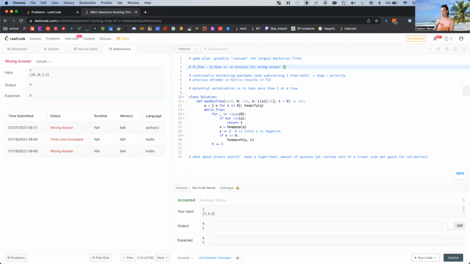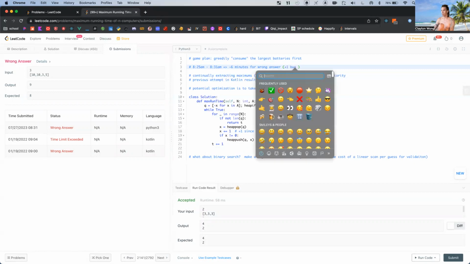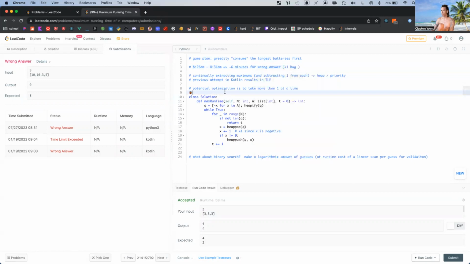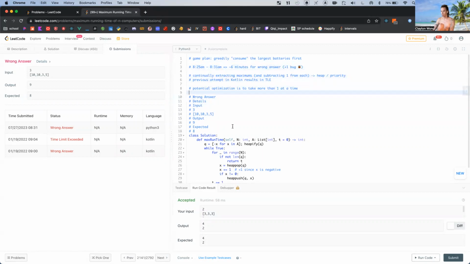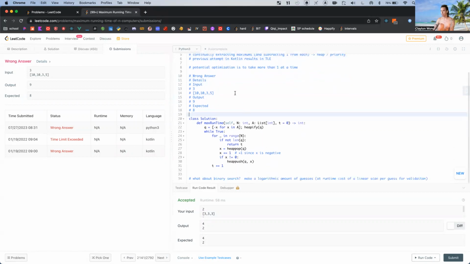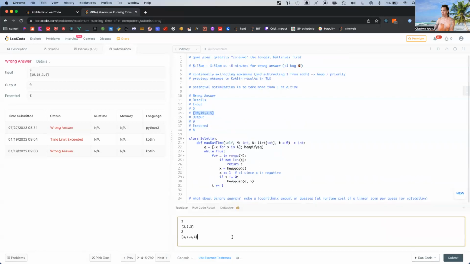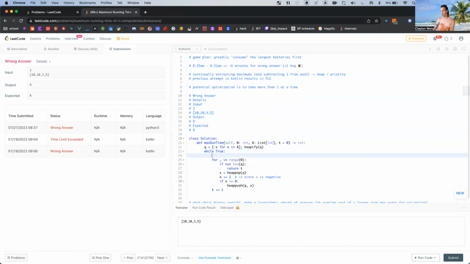All right, so there's a plus one bug. Output is 9, but we expect 8. Let me look at the queue before each run.